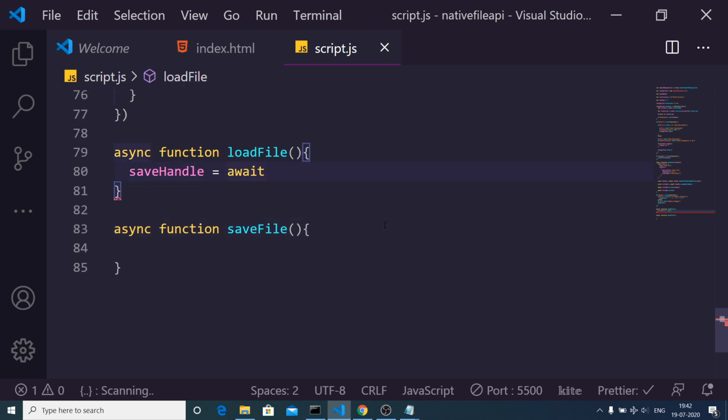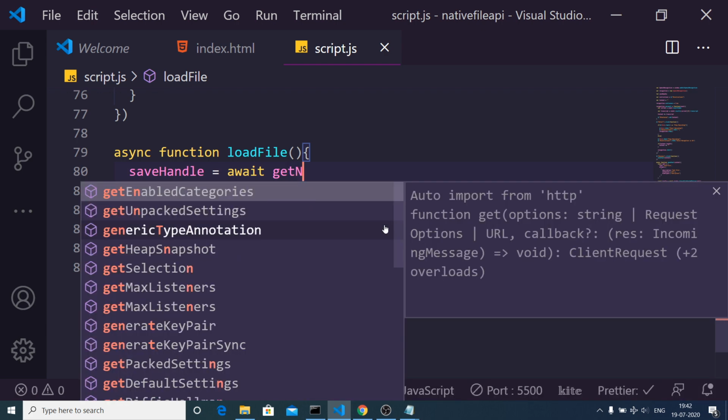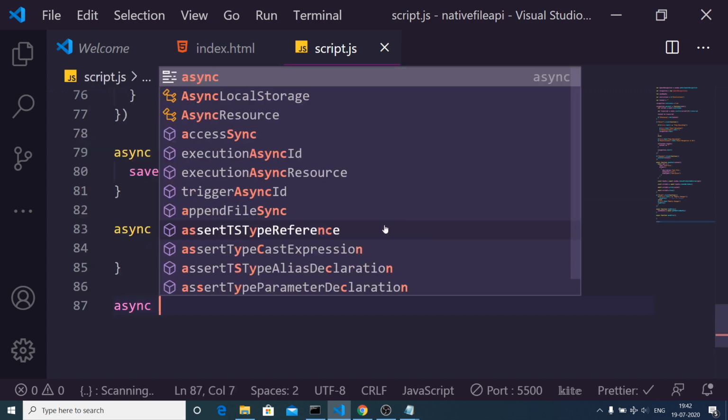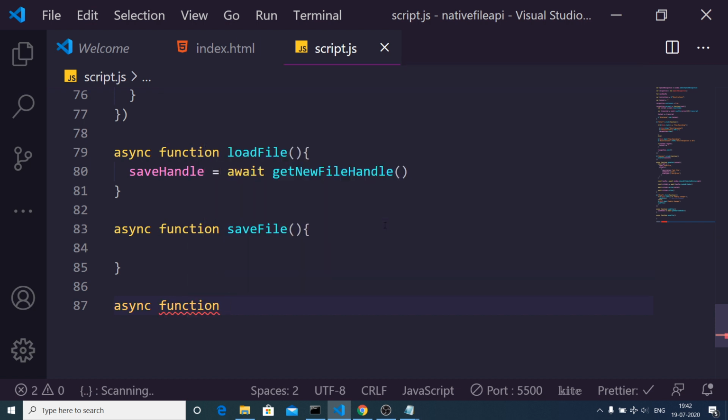And now we will again make a separate function for getting a file handle. This is getNewFileHandle, so this will again be an async function. Inside this, guys, the process will be pretty simple.